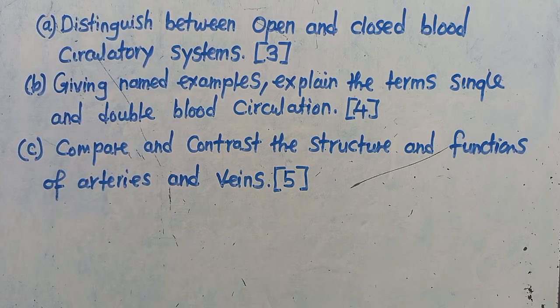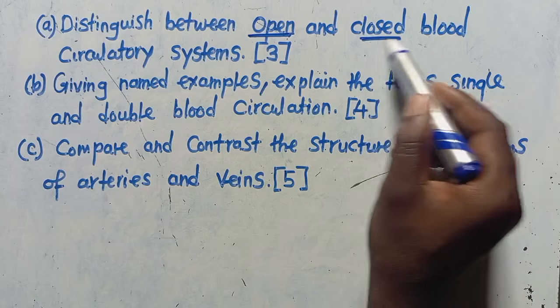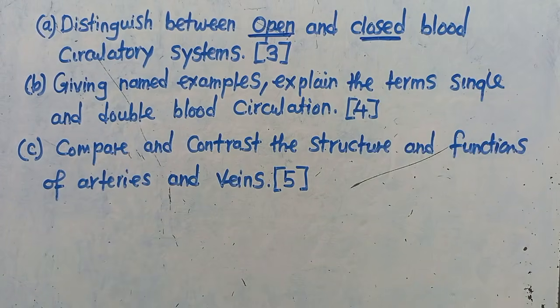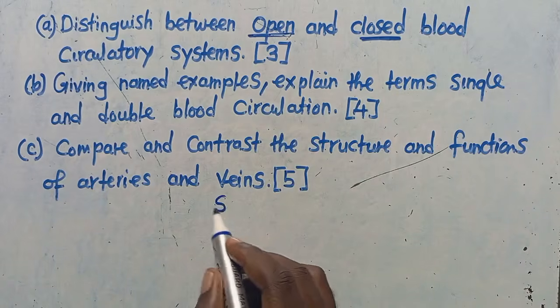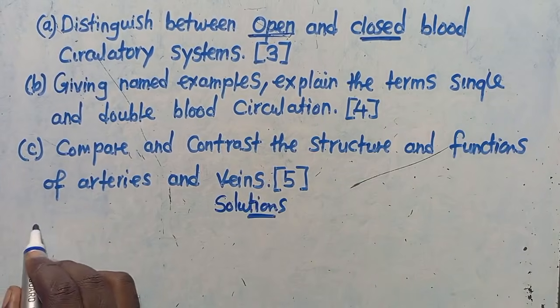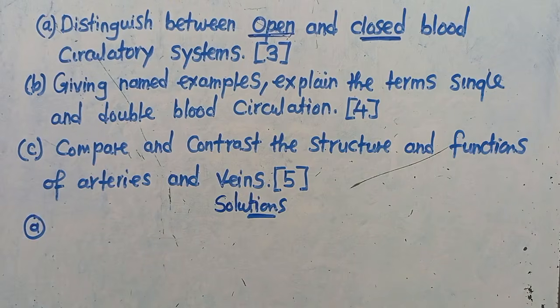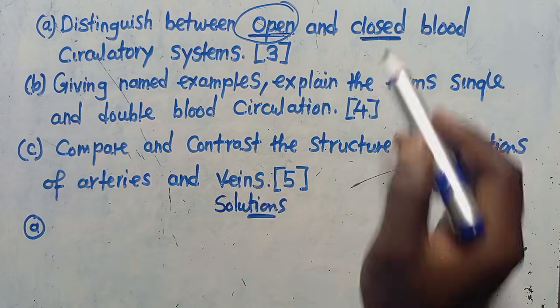So this is ECZ biology exam standard questions. The first question is saying, distinguish between open and closed blood circulatory systems. Each time, you even look at the marks that are there. The first question, they just want you to distinguish, give a difference that exists between open blood circulatory system and